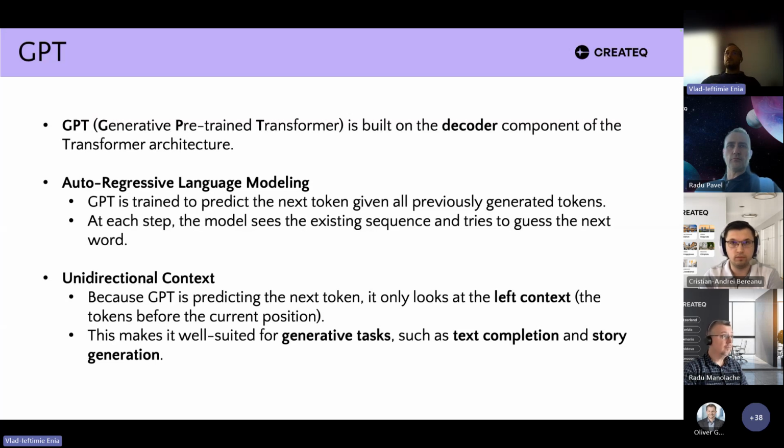It is what is called an autoregressive language model because it is basically a next word or a next token predictor. So at each step, the model sees the existing sequence and it tries to guess the next word. This is why GPT is not really capable, or more, the classic GPT model and not the reasoning ones, because those are separate.